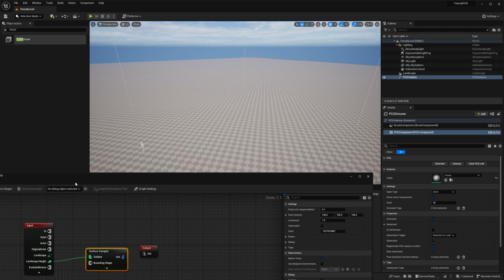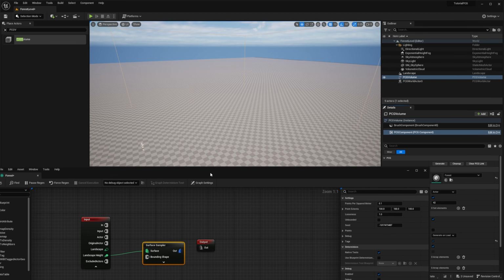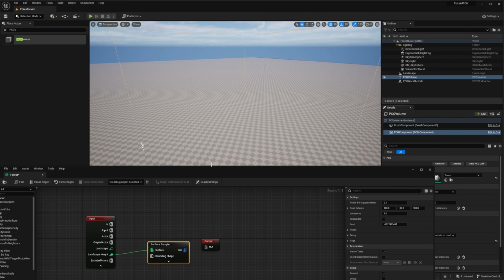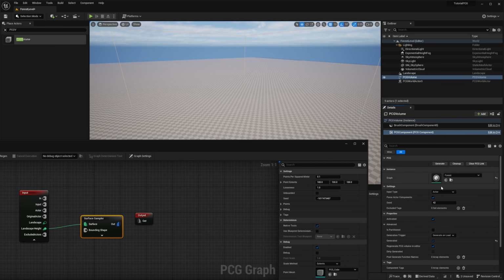So now I can go to my component and click generate, and that's a bit anticlimactic, isn't it? Our graph generated some points, but we didn't tell it to spawn anything. But we can still verify that the generation finished. With the generation, you can check generate, and you can see that it's checked, so it means that the graph is executed correctly and managed to get some computation done.